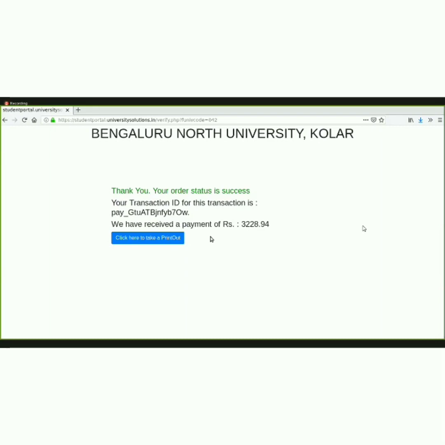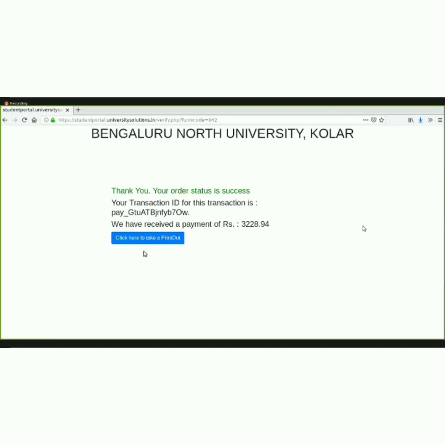Okay, fine. Now we can see this page, that is from the Bangalore North University. Thank you, your order status is success. And here, for the safer side, now you can click here to take a printout of your fee payment receipt. But before that, I always prefer you to take a screenshot of this page.